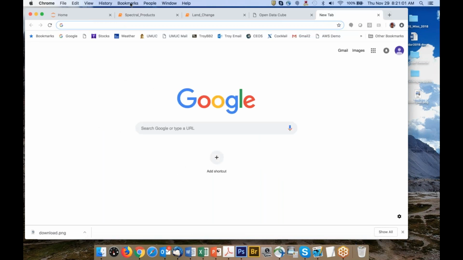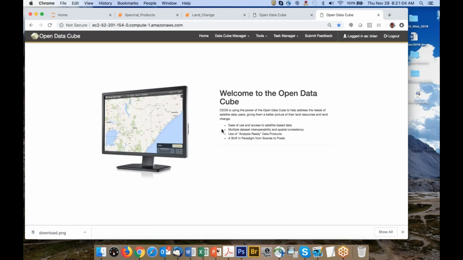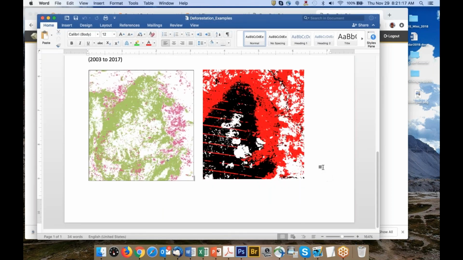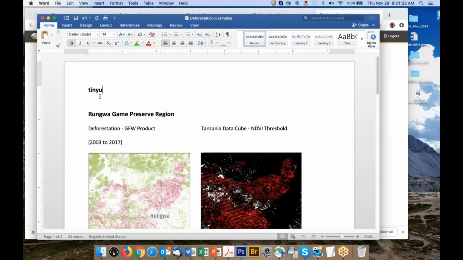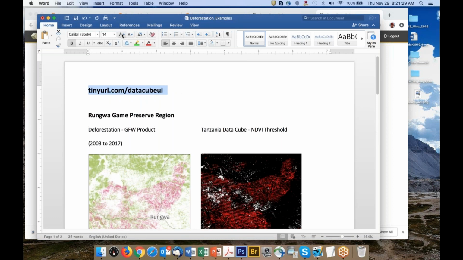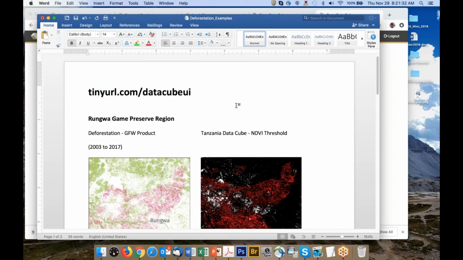There is one here that is Open Data Cube for everybody, and I'll put it on the screen. I'll just add it to the top here while we're sitting here. It's tinyurl.com/datacube.ui. Write that down. That address, tinyurl.com datacube.ui, will take you to a different